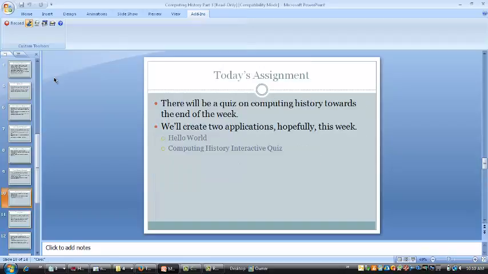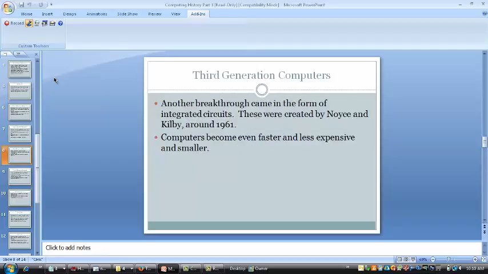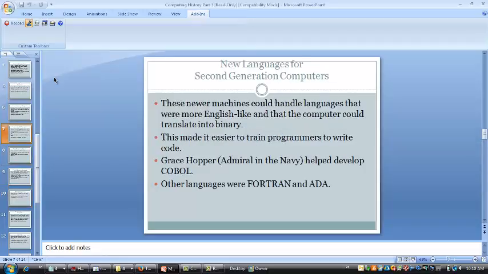programmer to be more productive because they can write it in an English-like way and write it without a lot of errors, and then the machine can translate it down to binary. So the main figure for this is Grace Hopper, who ended up being an admiral